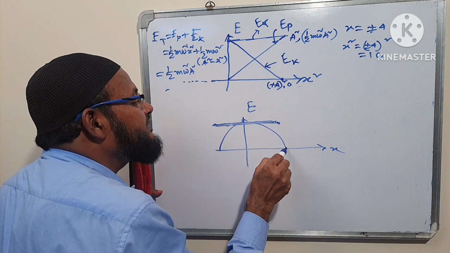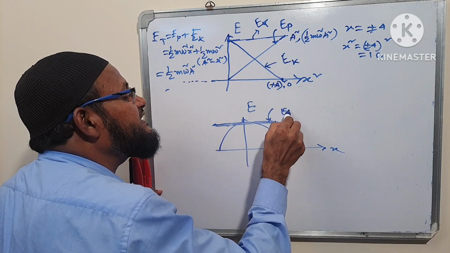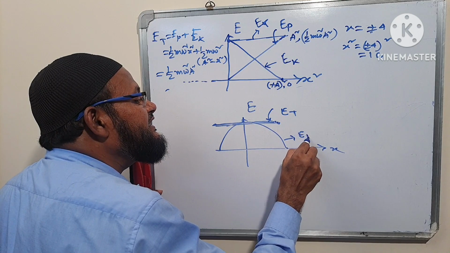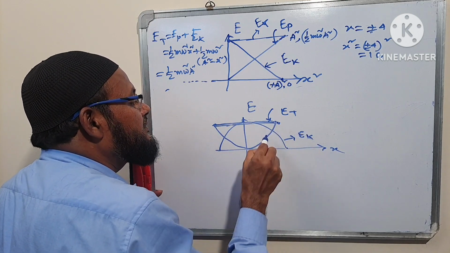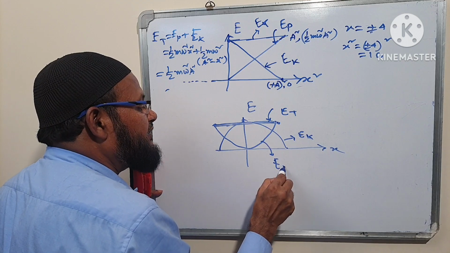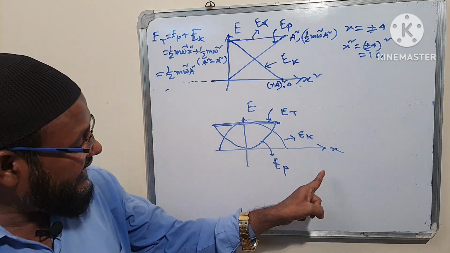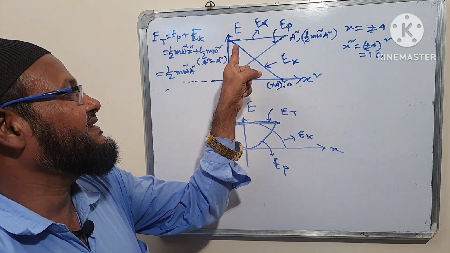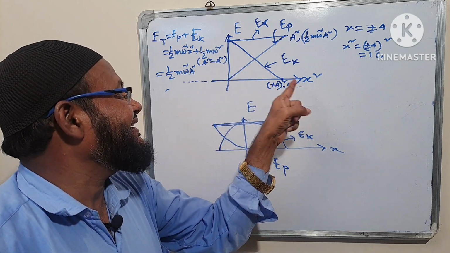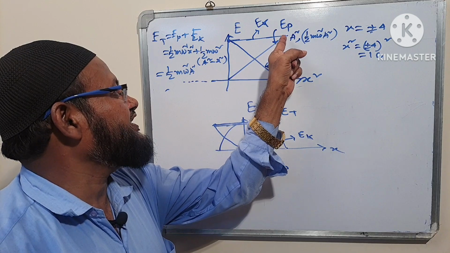Here to here is total energy, E total, this is EK, and here to here is potential energy. Be careful. When here is x, this is the graph. But when here is x square, sir, this is the graph. Sir, this is the kinetic energy, this is the potential energy, and